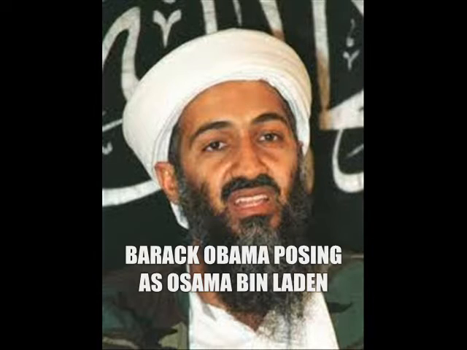But let's take a closer look at Osama bin Laden number 2. He looks a little bit like Barack Obama. I need to investigate this further. The man appearing here in the photo does not look like Osama bin Laden number 1. Also, if you look closely at his left eye, you can see a slight stigmatism. We will come back to this photo, but this photo will prove that Barack Obama posed as Osama bin Laden, and we will continue with our investigation.